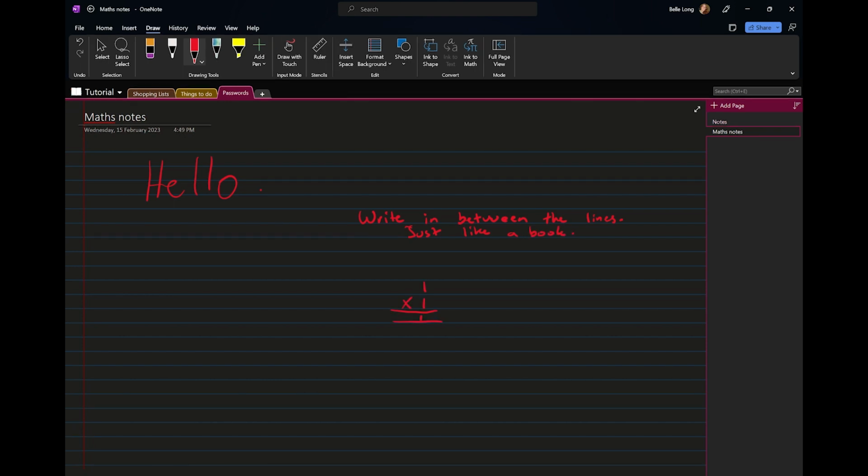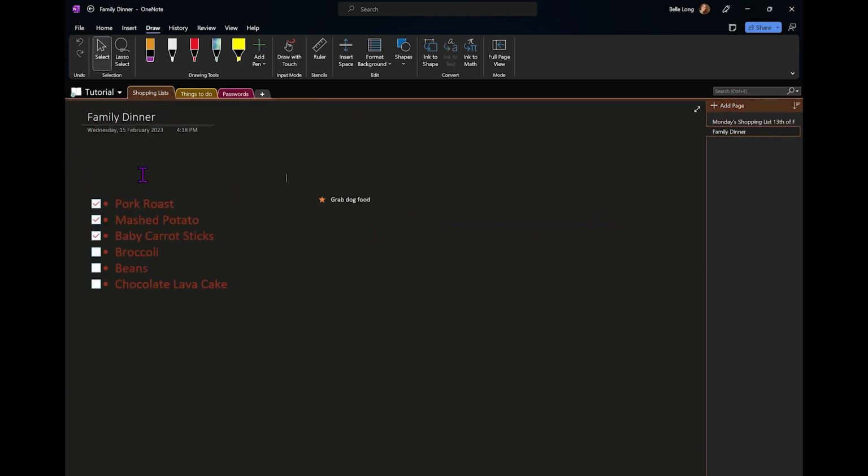Now you can also share your notebook. So if we go to shopping lists, say your partner was on their way home from work and said, oh, what do you want me to pick up? You can then go up the top here and press share. You can email a copy of the page, so it will just be this. You can copy a link to the notebook, and then you can share the entire notebook. So if we share the entire notebook,